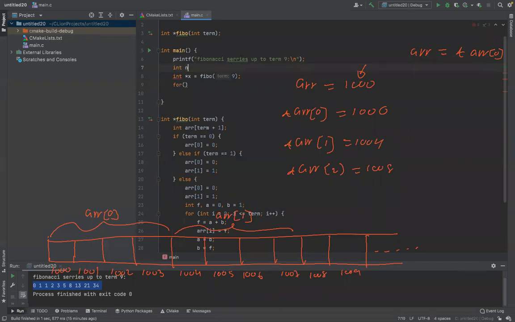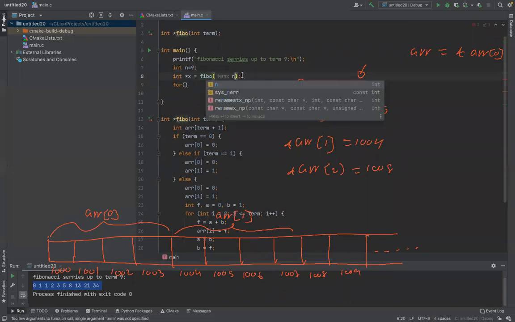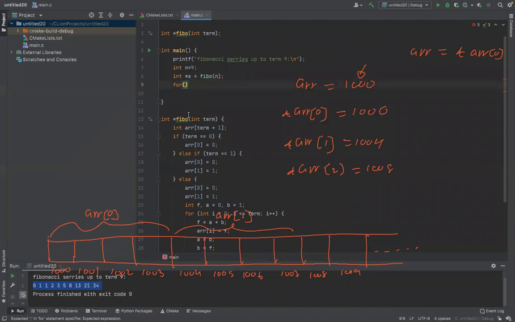Let's say int n. n is initially 9. You pass the 9 into here. Then you have to write a for loop which starts from int i equals 0 and i less than or equal... How many values are available? n values, n plus 1 values available. That means it should be less than n plus 1. Okay, therefore you can use less than or equal n. That is also